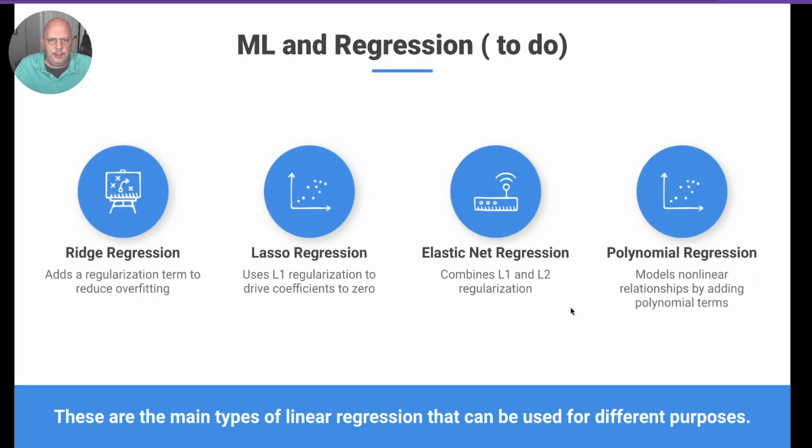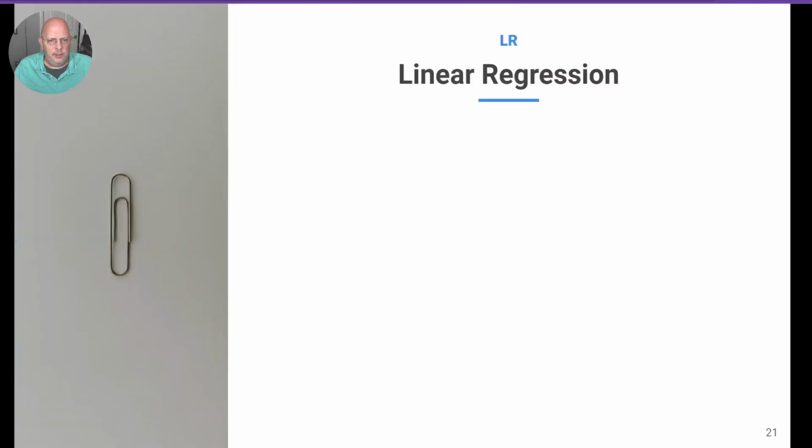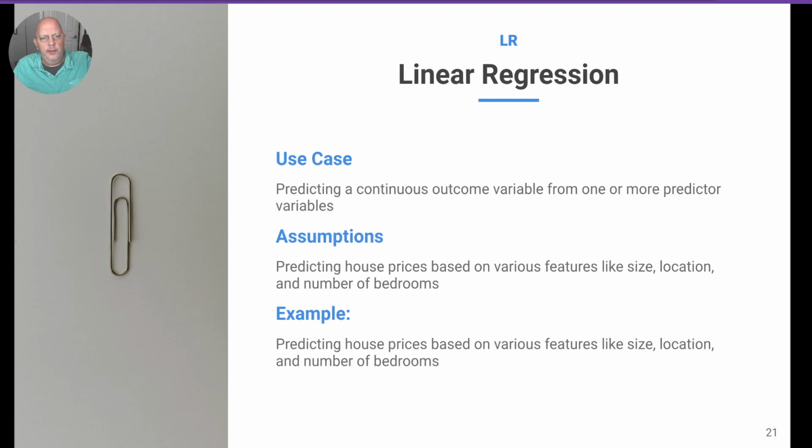Okay, so I still have to work on this. So we commonly use, or a lot of times we use simple, linear, ridge, lasso. I haven't used elastic net recently. Polynomial I use once in a while. Logistic regression we use. So let's go into a little bit of type. So linear regression, A and B, X and Y. Predicting a continuous variable outcome from one or more predictor variables.